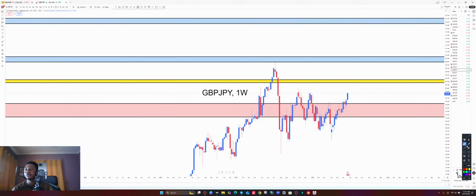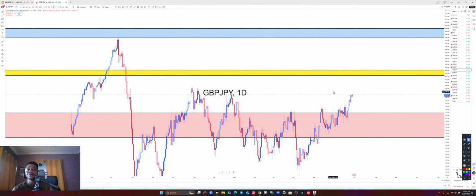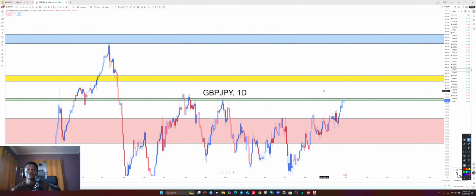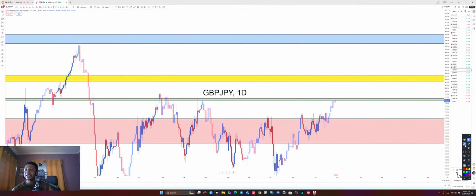Let's go to daily time frame. Also understand the daily flow, and now we pick the entry on the 4H. All right, so this is the daily time frame of GBP JPY. Now GBP JPY on the daily time, look at this. Price has made contact with the daily resistance level. After making contact, we call it what? A push. So are we going to see price come back for retest before it goes up, or are we going to see buyers break above to continue the move all the way up? Let's find out as we go to a 4-hour time frame and pick the entry together.